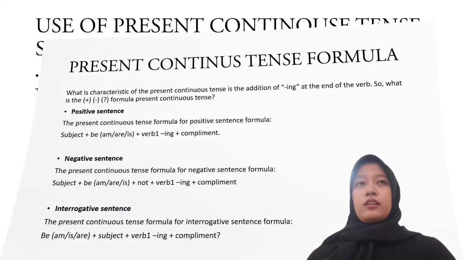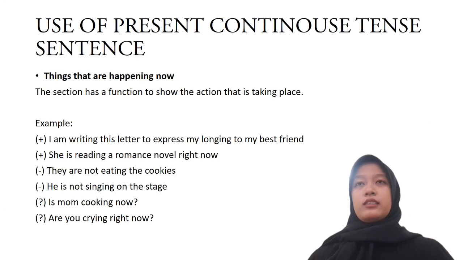Use of present continuous tense sentence. Things that are happening now. This function is to show the action that is taking place. Example,